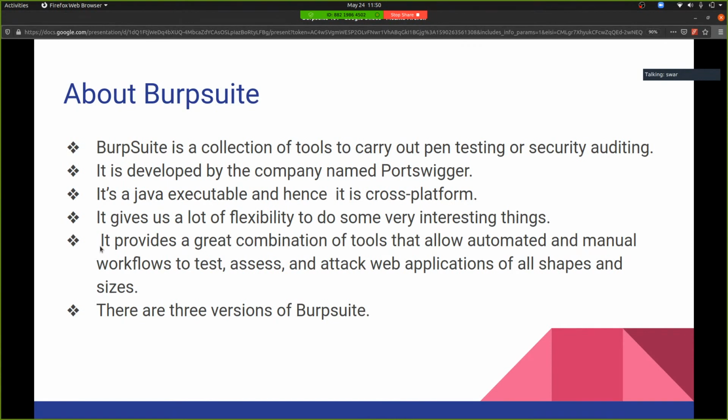It gives us a lot of flexibility to do some very interesting things. It provides a great combination of tools that allow automated and manual workflows to test, assess, and attack web applications of all shapes and sizes. So with some practice we can become extremely comfortable and skilled at using the various powerful tools that are offered by